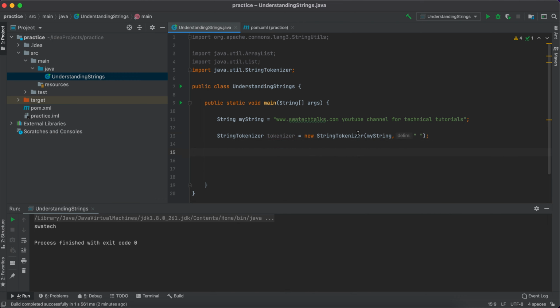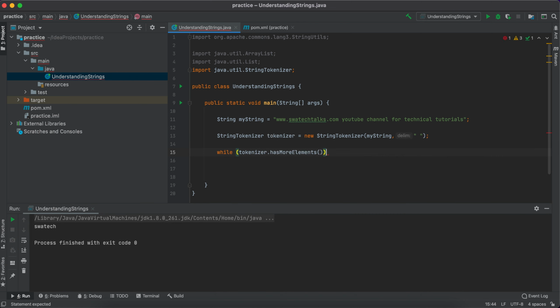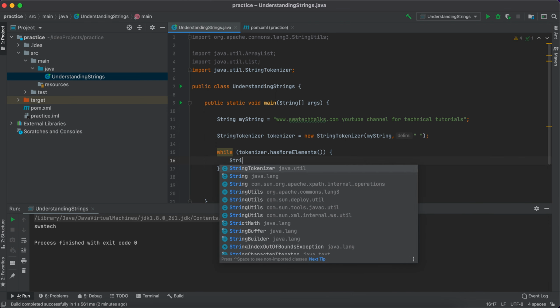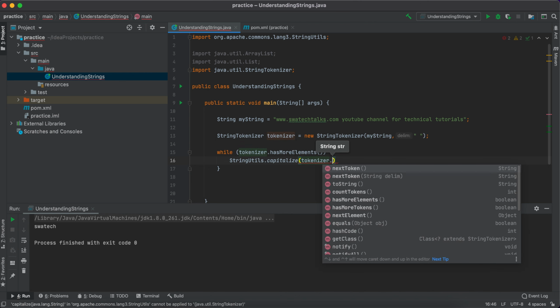Okay, so let's try to iterate over the tokenizer elements. Let's do this using the while loop. While tokenizer has more elements, this is the way you iterate over this particular thing. It will access the first element of your tokenizer, which is till the time you get the first space. So while tokenizer has more elements, what we want to do is pass this particular element of the tokenizer to the StringUtils.capitalize method, so tokenizer.nextToken,